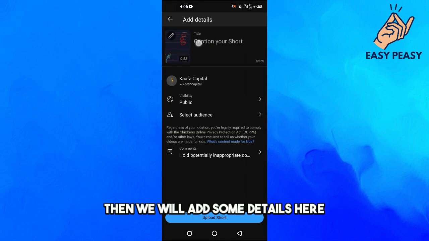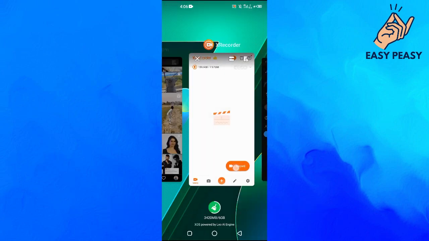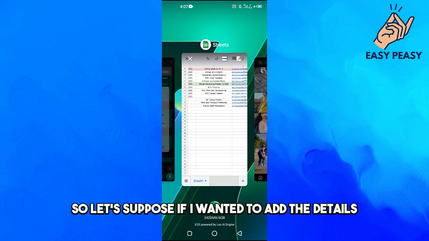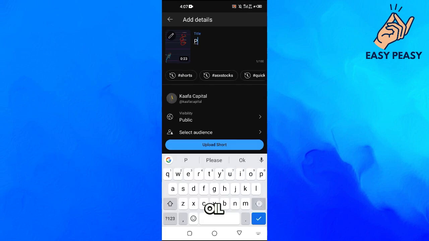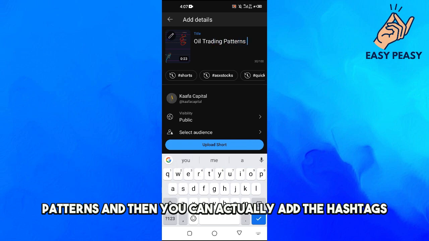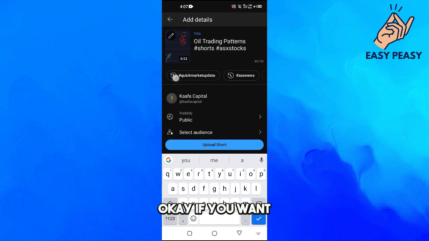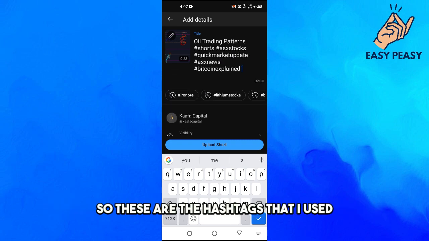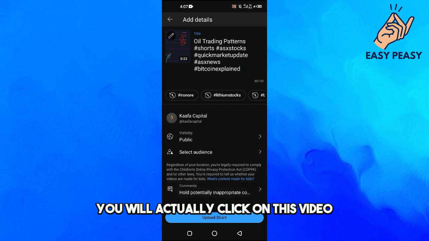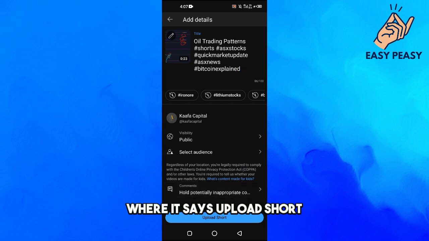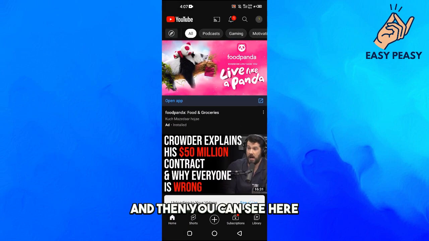Then we will add some details here. So let's suppose if I wanted to add the details, oil trading patterns, and then you can actually add the hashtags, okay, if you want. So these are the hashtags that I used. And then after this you will actually click on where it says upload short,